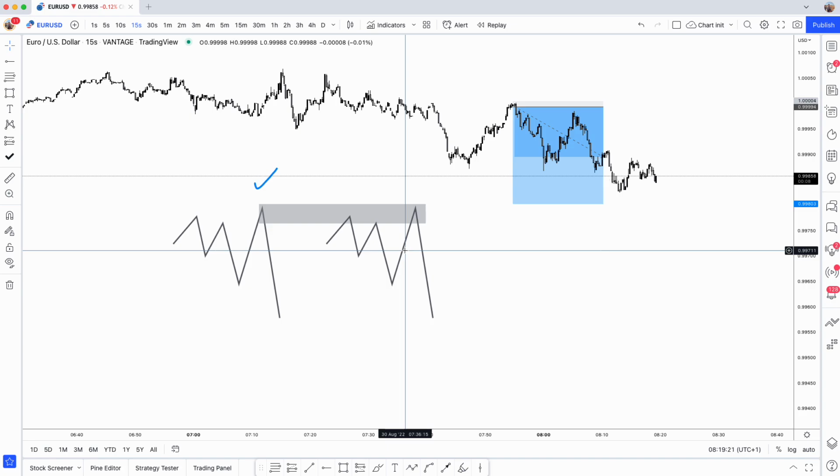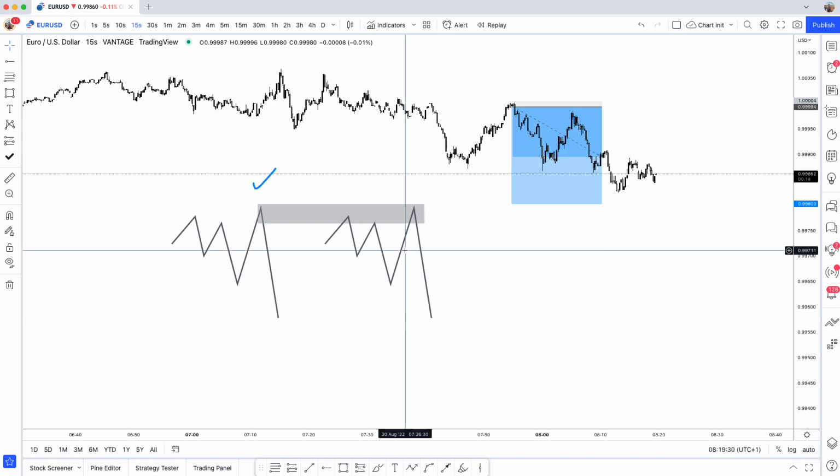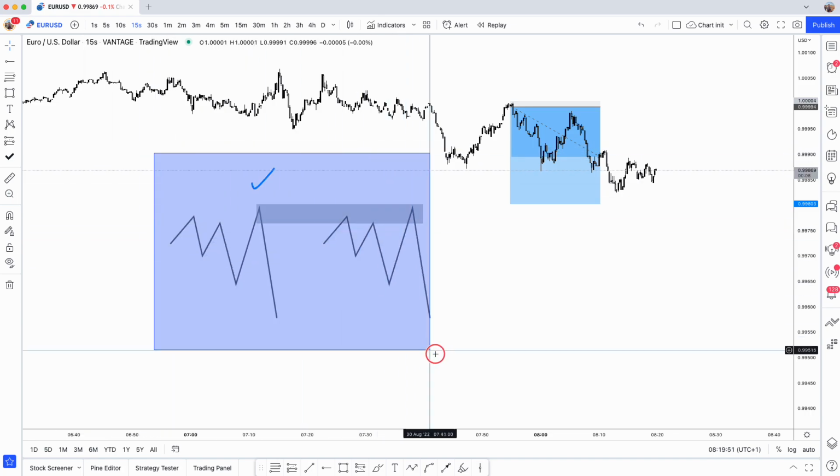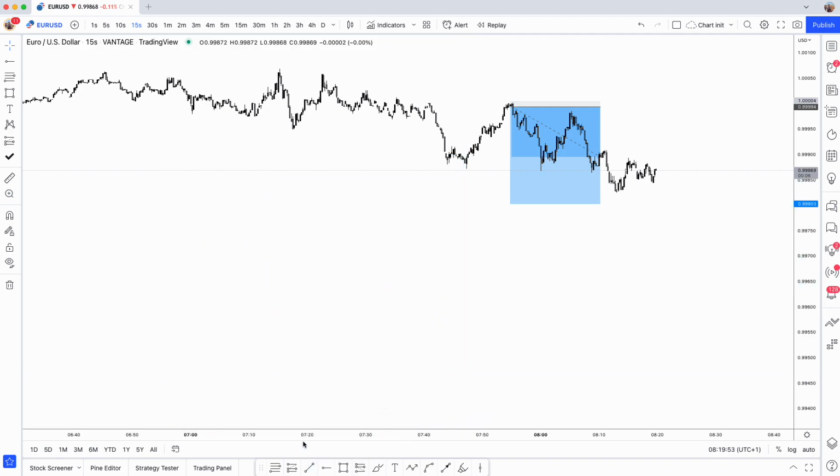So I don't know if I can make this any more rule based than it is, but at the minute I'm enjoying it. The stats are looking good, but I'm going to continue testing over September and see how things go, and I'm going to decide whether I wish to carry on or not. At the minute, it's looking likely that I want to carry on. But I just need to see what the stats are like when the market starts to pick up again, because obviously August is not the best month to test, purely because of how dead it is in general.